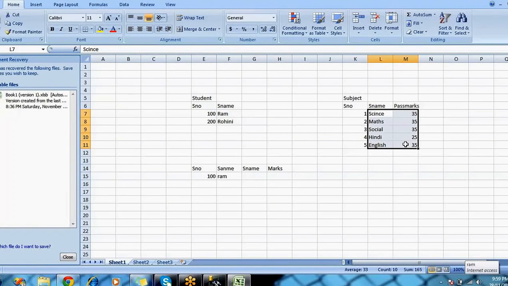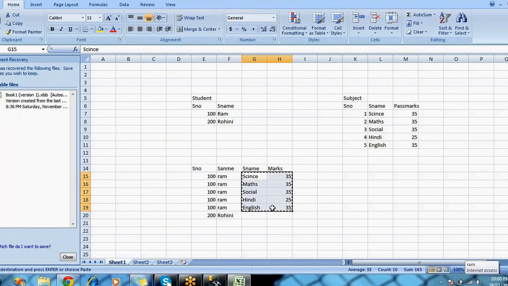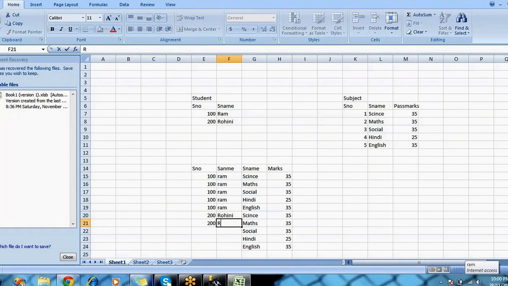Control C. 100, 100, 100, 100. So this is cross multiplying with all the rows in this table, and again the second row is cross multiplying and it will take all the rows. 200 Rohini, and again it is multiplying all the subjects. 200 Rohini, 200 Rohini.